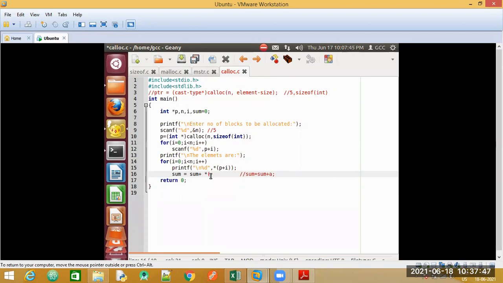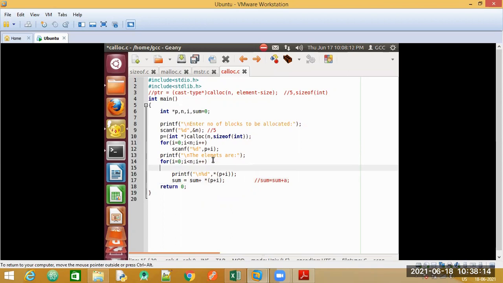If you say P plus I, maybe you're saying it correctly, but do not forget the brackets. If I do star again, the sum is going to be different. It works the same way, the way we saw now, 10, 11, 12, 13, that is how it will work. So I need to give brackets. Give a semicolon. Since we have 2 statements here in the for loop, we'll also give brackets.